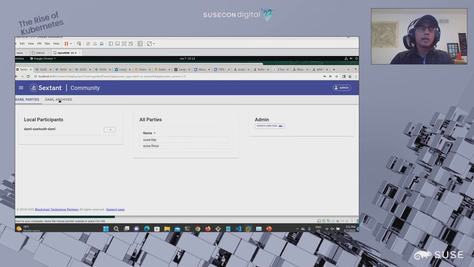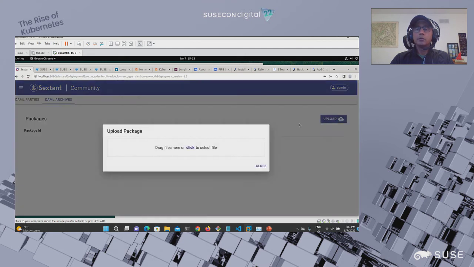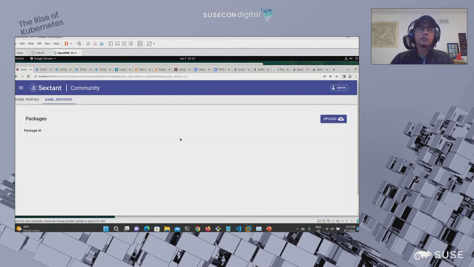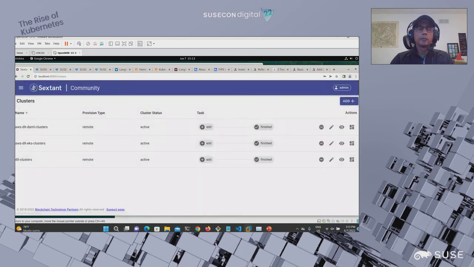To deploy your smart contract, they are deployed as packages, and you can just upload and start deploying this into those clusters. And here you go. You have a highly available environment with all the things necessary to start running those smart contracts.